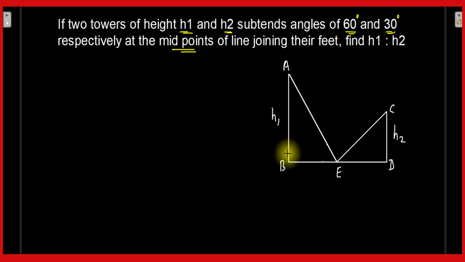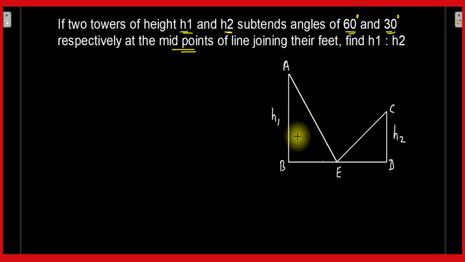These two towers subtend angles of 60 degrees and 30 degrees at the midpoint of the line joining the foot of the towers. So BD is the line joining the feet of the two towers,